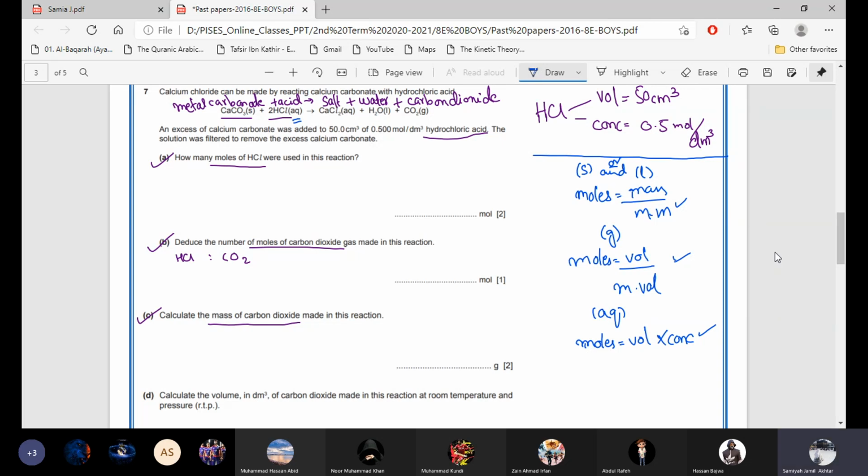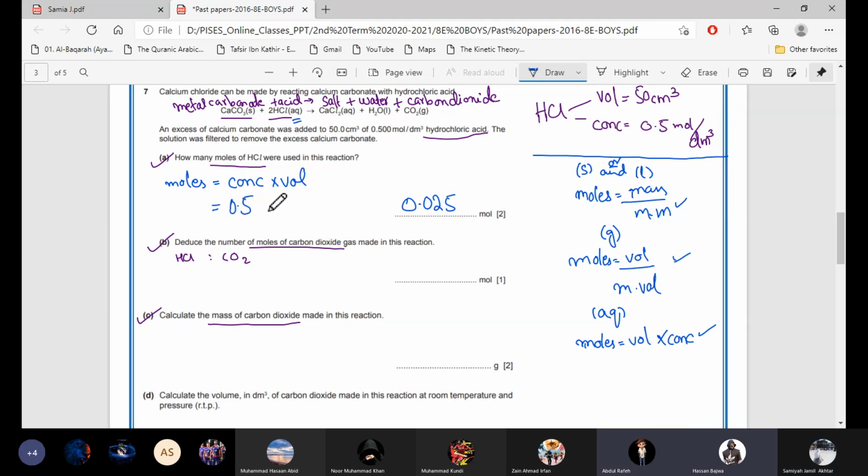Yes, is first part done? Yes, ma'am. What's the answer of the first part? 0.025. 0.025. Very good. Which formula you used? Moles equals concentration into volume. Very good. Concentration into volume. The concentration is